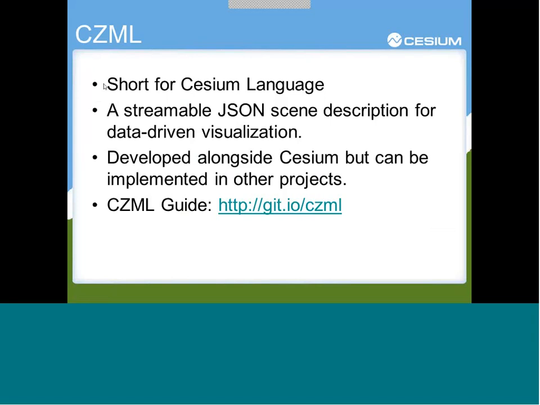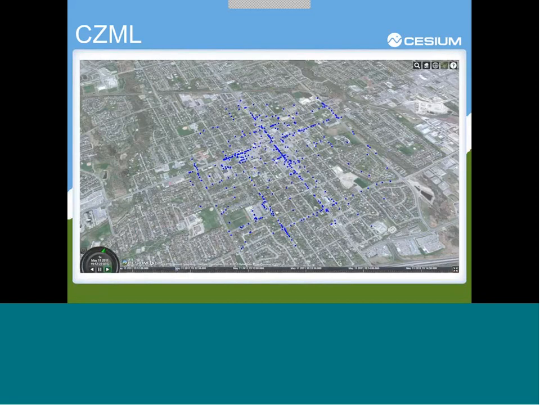So Cesium language, and the goal is to make it easy to define a full scene in Cesium and provide data-driven visualization with time without having to code anything, to make it easy for people to use, just like people use KML all the time now. We developed that alongside the Cesium project, and there's a link here to our guide, but if you just go to cesiumjs.org, that has a lot of information there as well. I just want to, again, jump right back into some of the other demos we have. So, for example,